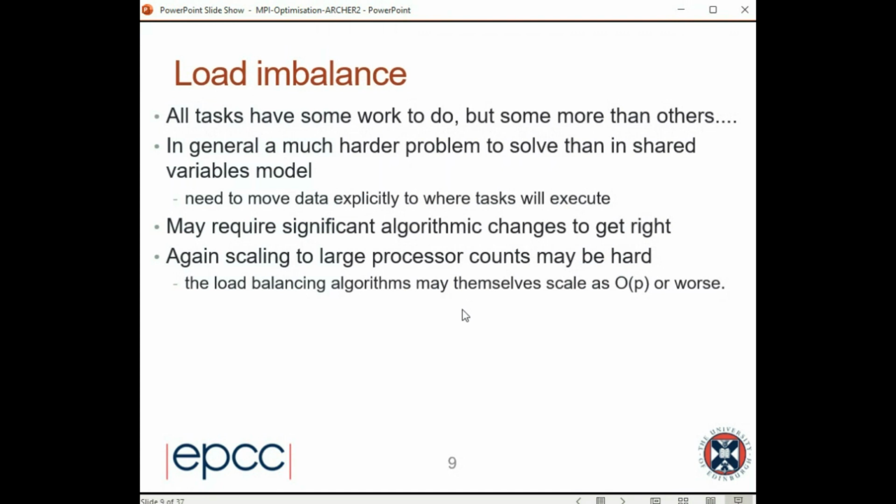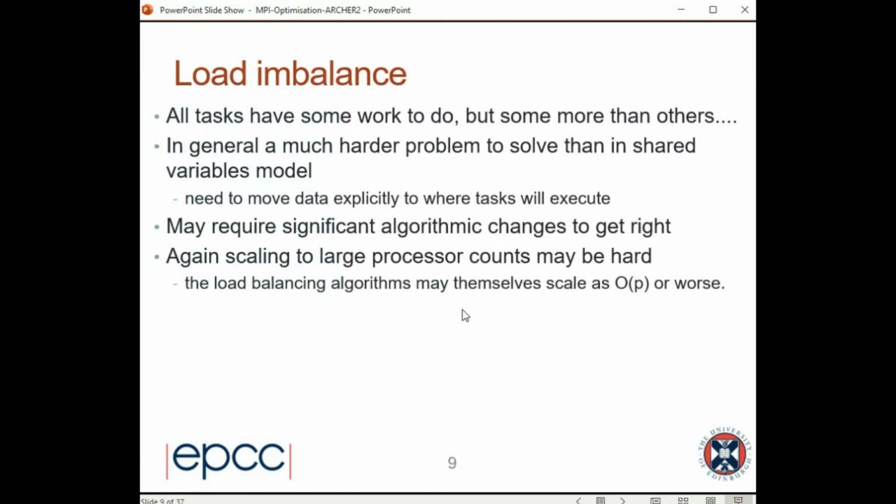And the reason is, on a node in a single computer, you have a shared memory. And so all the data is accessible to all the threads, to all the CPU cores. So if you have a task you want a thread to do, you just tell that thread to do that task. However, in message passing, in distributed memory, the problem is to give a new process a task to do, you also have to send them the data.